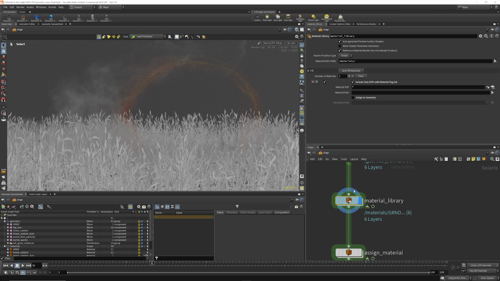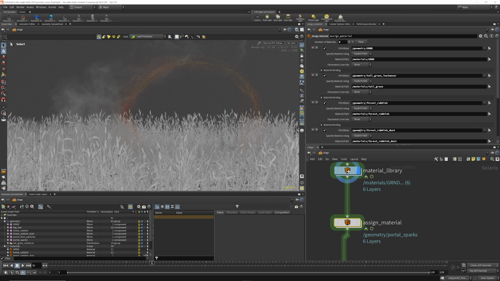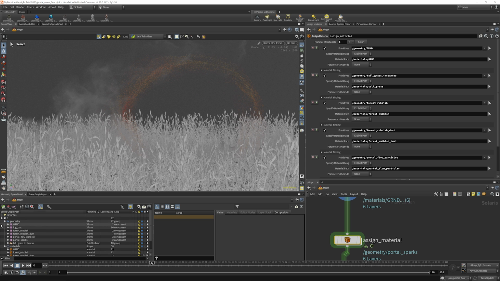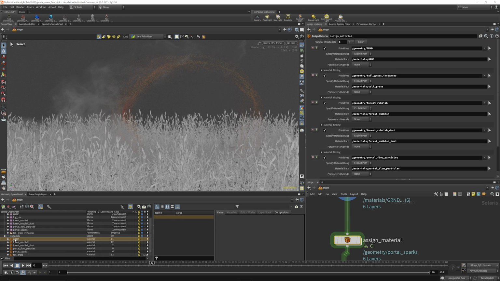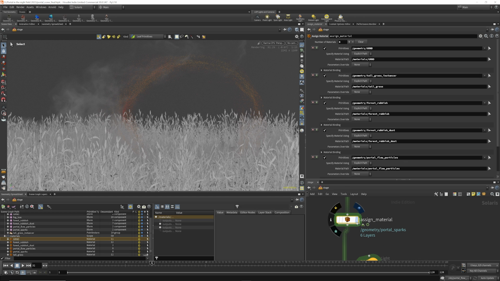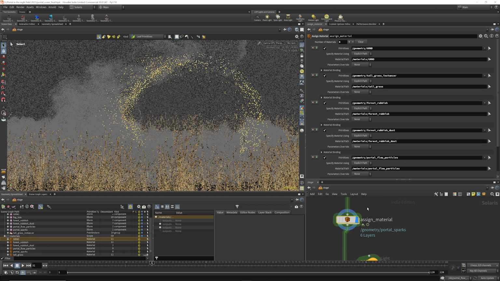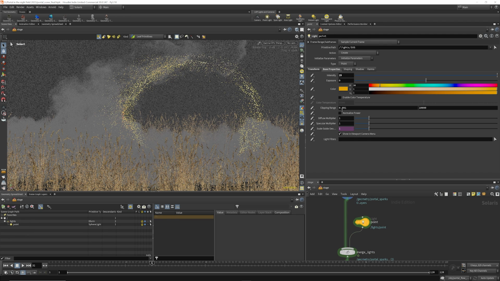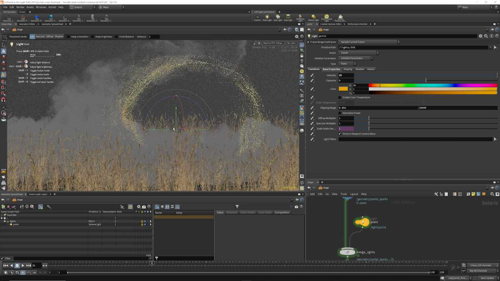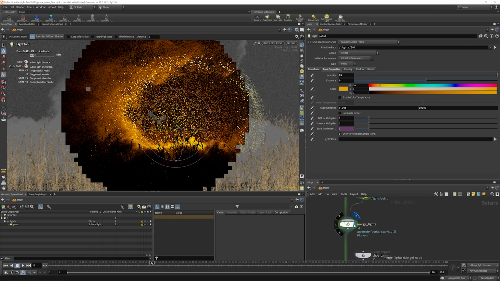So all pretty straightforward. And then we come over to this material assign, and as you can see we have our ground, so you can drag ground to here, and we set our material, which is here, to ground, and we do that for each one of our objects. So with that we should have our textures applied. Here we're importing a light, and it's just a point light in the middle of our portal, and you can see these are our settings. Not much to see here really, it's just a colored light. Merging that in,